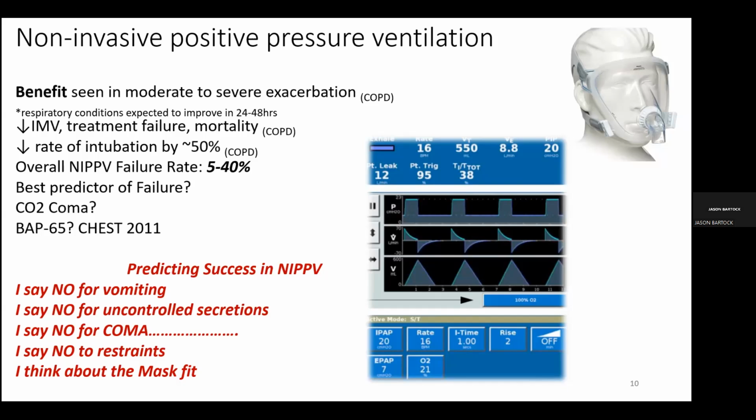I don't know if you guys are familiar with certain risk stratification scoring indices. BPAP 65 is something that came up in the Chest journal a while back. I'll talk a little bit about them. But again, there's no best risk stratification scoring index to say this person will do well and this person will fail. But